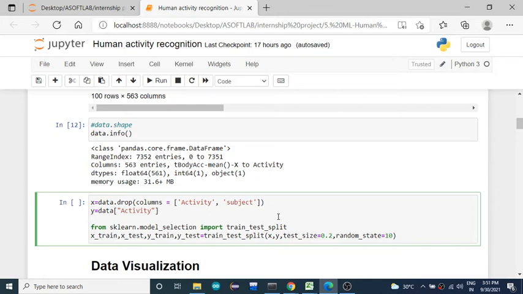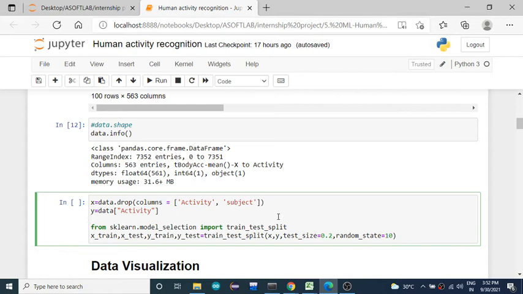Except those two, I have considered all the features, the readings from the gyro sensor and the accelerometer sensor, as the input or independent features, and all of them contribute to predicting the activity. You can ignore the subject, or if it is important you can include it as an independent feature. Activity is what you are going to predict, so that is the dependent feature.